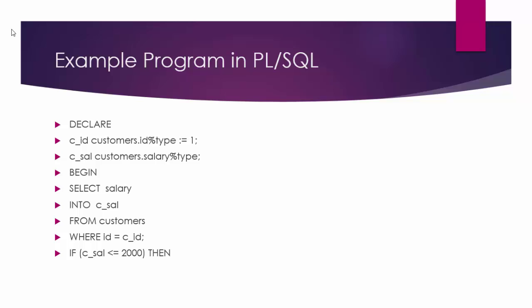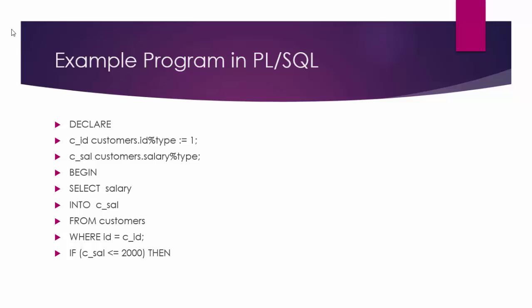As you might know, this statement will fetch salary from customers where id equals c_id, and c_id is 1, which means select salary into c_salary from customers where id equals 1. And this into c_sal means we are assigning the value that we are getting from the salary column of the table to the variable c_sal. Okay,